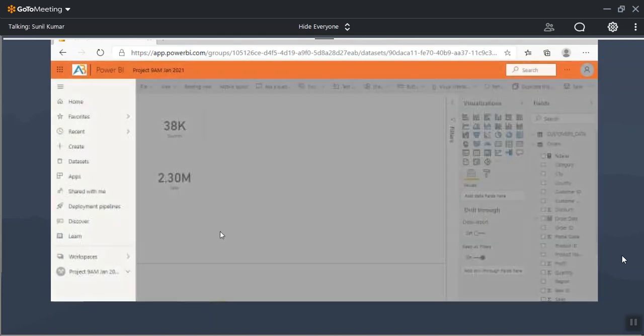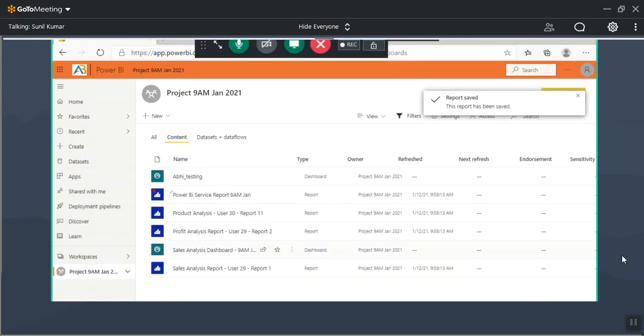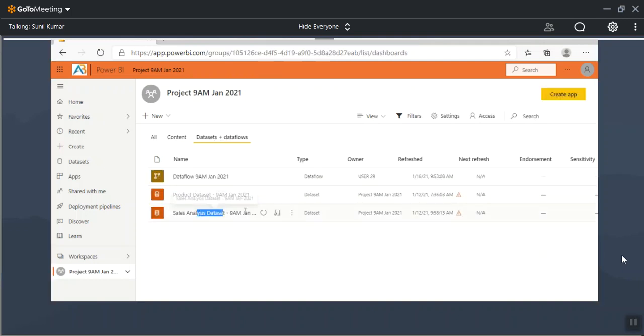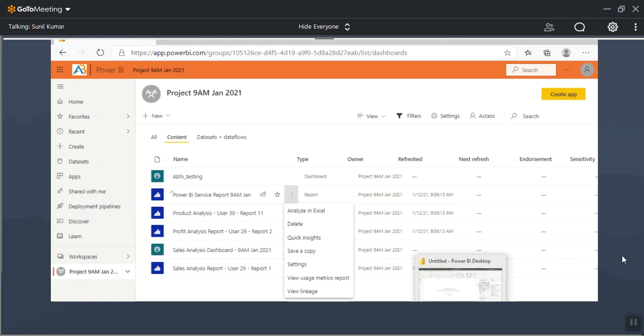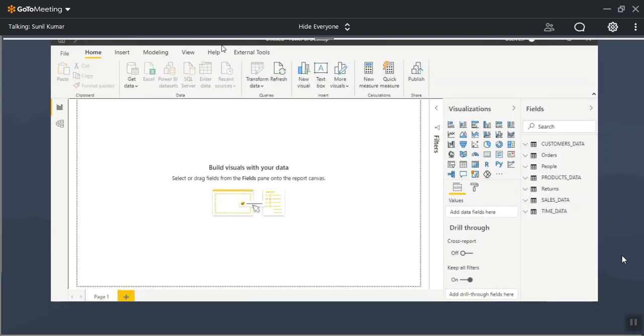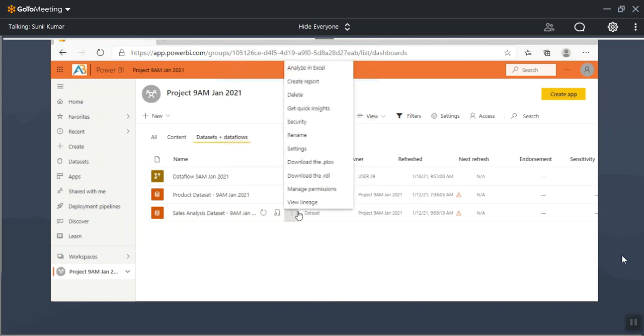When I click on save, you will find a new report in the reports folder. Look at this, you got a new report. This report is also created on the same data set, which is available here. Then where do you want to create the reports? There is a way to create reports in Power BI Service, and there is a way to create them in Desktop. Recommended is to create them in Power BI Desktop only. This is the environment Microsoft provided for development. But you have an option here also, on a data set, you can create a report.